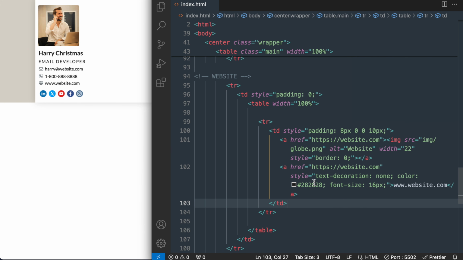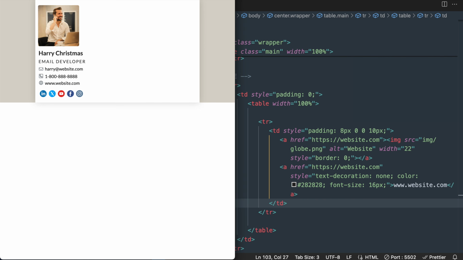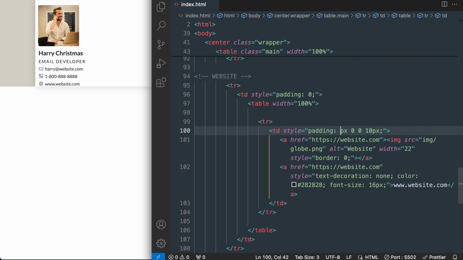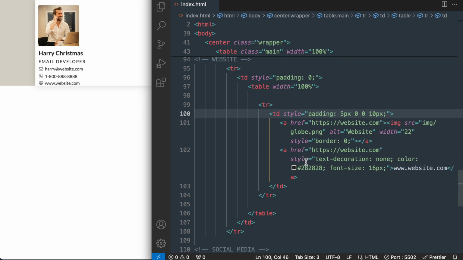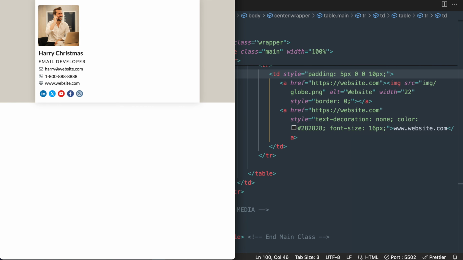So now let's compare our version to the finished version. And it looks good except for the spacing is slightly different. So I'm going to reduce the padding above the website from 8 pixels to 5 pixels. So now if we go back and forth, we have it matching perfectly, and we're ready to move on to